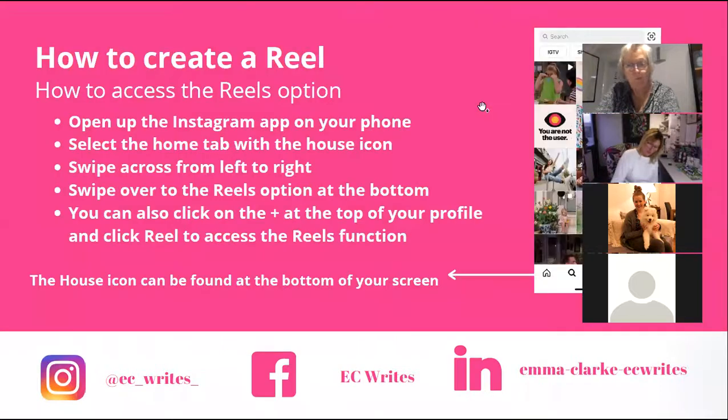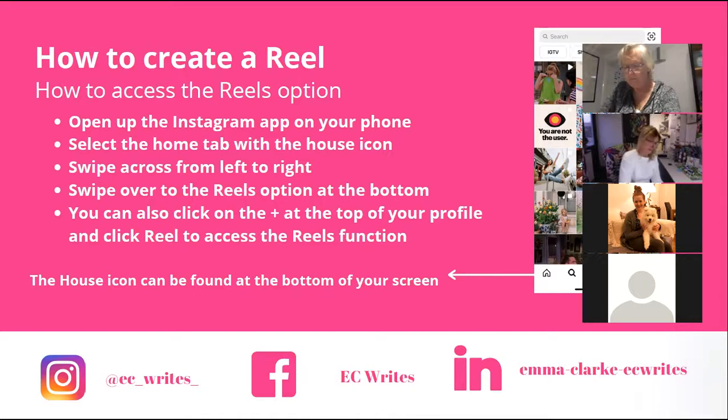So how do we access the reels? Feel free, if you've got your phone on you, to have a look, no pressure, but if you want to, you can do this. The first thing you need to do, first things first, if it's not in the exact location, don't panic. You may have a different version, you may have a different phone, so it might not be exactly where it says here, but it should be within a certain radius.